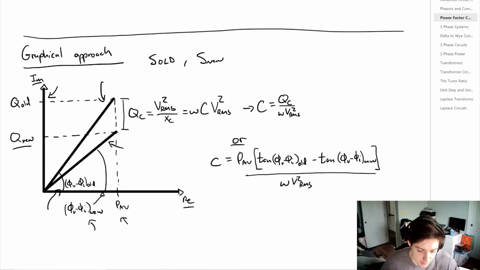And we know that that's going to be equal to the RMS voltage squared divided by XC, which is equal to omega C times the RMS voltage squared. Again, we get the same equation where we had the capacitance needed inversely proportional to the frequency. Or you can look at it with all of the information on the S-plane, where you can say it's equal to the average power, and then you have the difference of these tangents